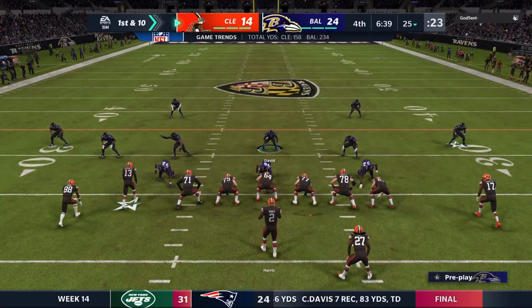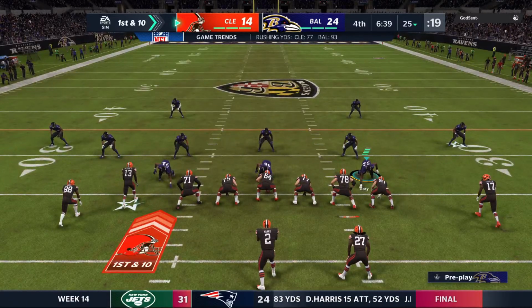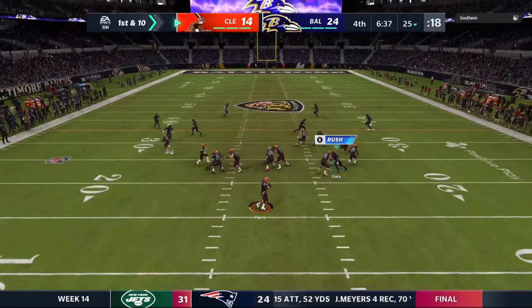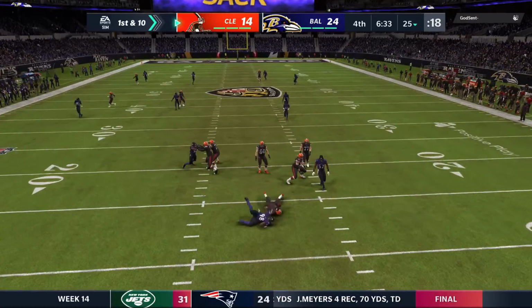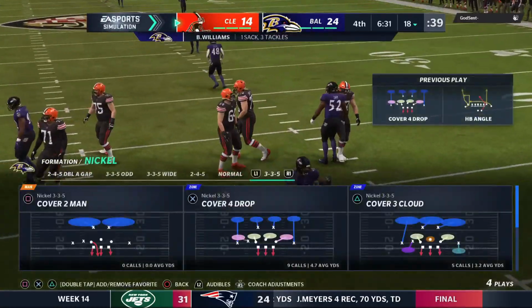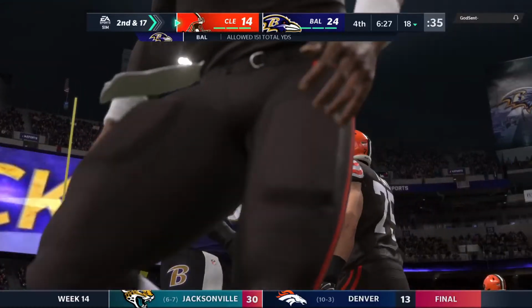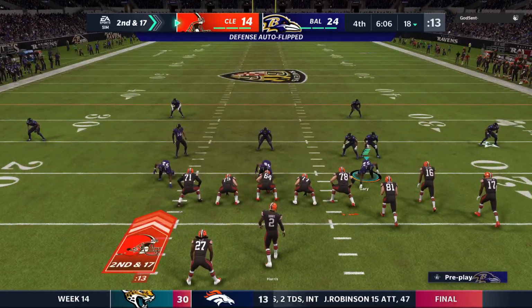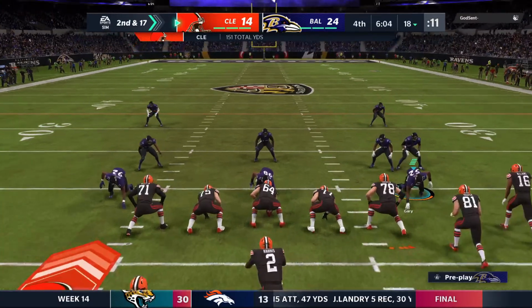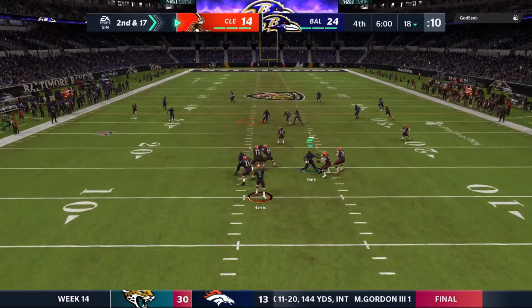The Browns drive about to get started. Yeah, the script really is flipped for them. The momentum on the other sideline, and now they have to try and battle back from a 2-score deficit. And he goes down. The Ravens able to get to him. And we say it all the time, you have to be able to get rid of the ball sooner than that. You have to help your offensive line out. They're going to protect you as best they can. And if you're getting 3 to 5 seconds to throw the ball, they're doing a really nice job. But when you hold it and give up a sack...